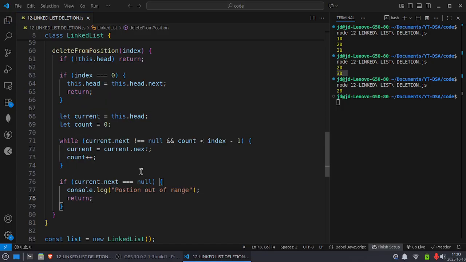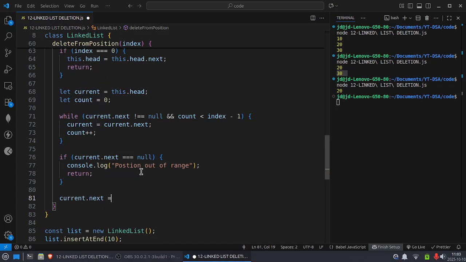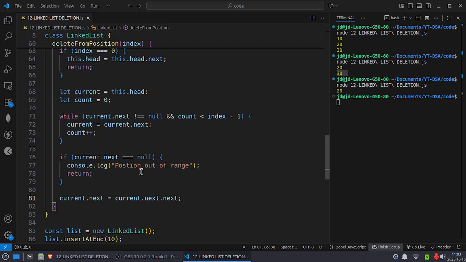Else we update current.next equal to current.next.next. So we keep moving until we reach the node before the one we want to delete, and if the position is out of range, we just print a message, otherwise we skip the node and connect the rest of the list.